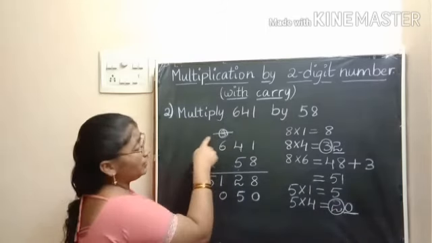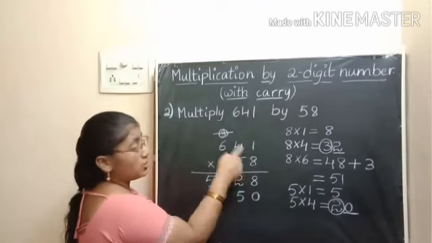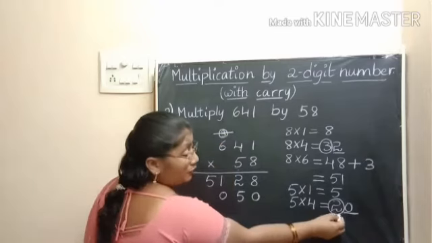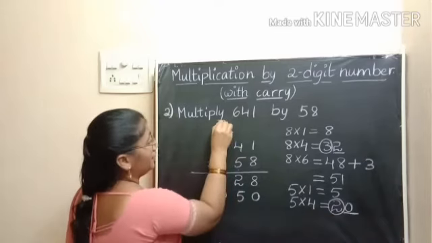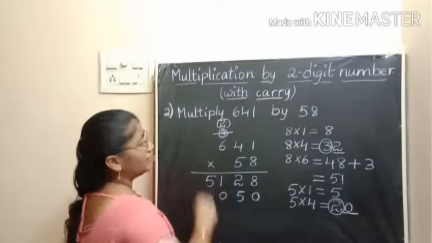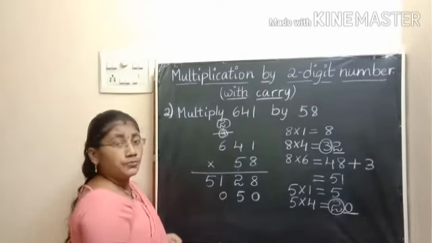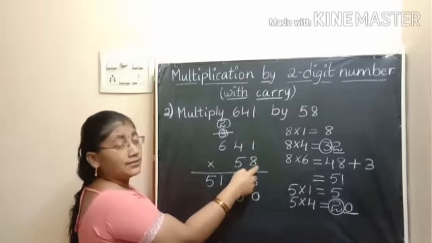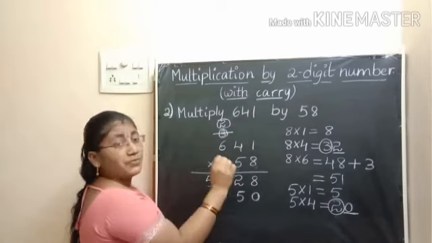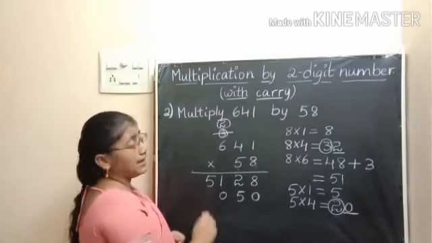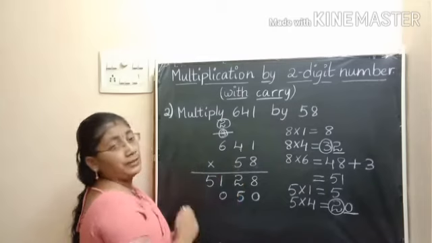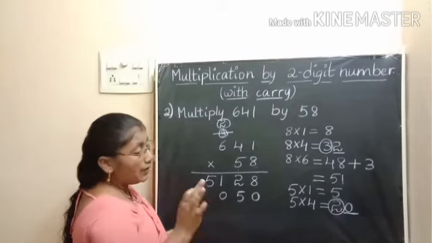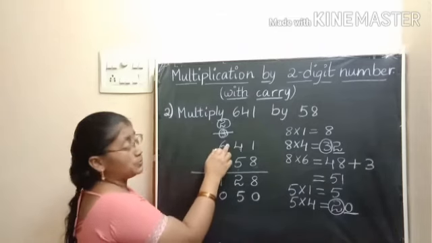Already in the previous multiplication we had 3. So simply strike that out, and write this carry 2 here. Now the carry is 2. Just ignore the earlier carry, it belongs to 8. We should not use 3 here. Now we get 2 as carry while multiplying with 5, so we should take 2 as carry. Understood, children?